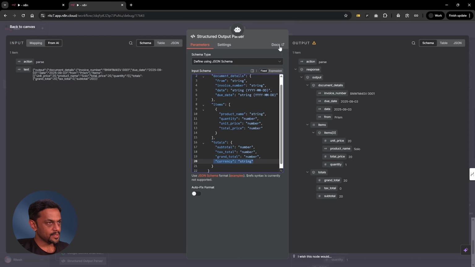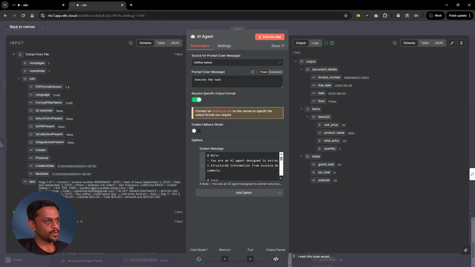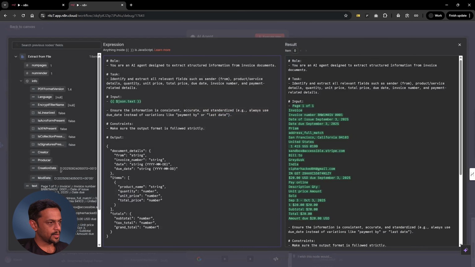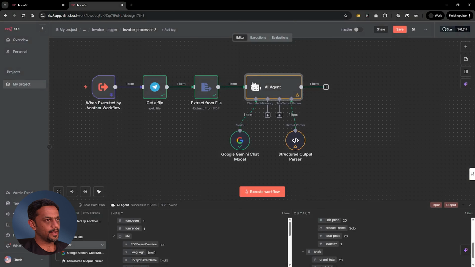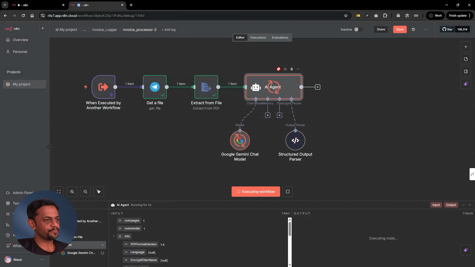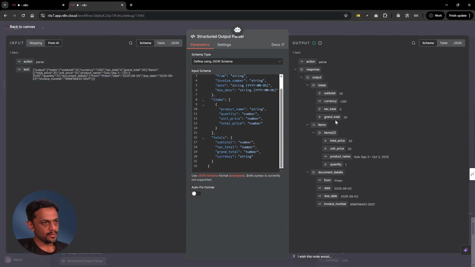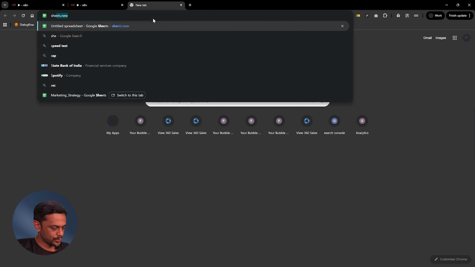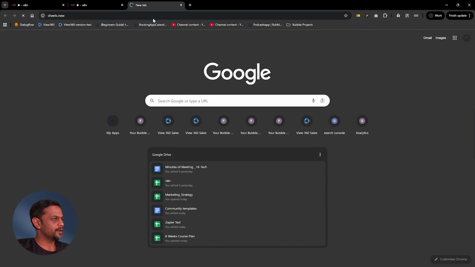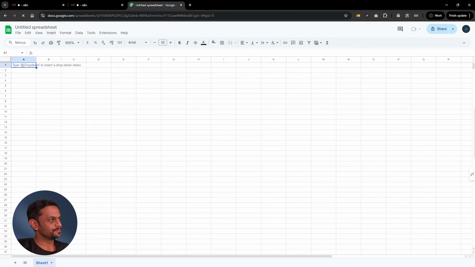Okay, so let's copy this, then go here, we go to this one and include that over here. And let's execute this one more time. Let's see if I've got the currency. Yeah, currency is USD. Okay, let's head over to sheets.new, which will basically create a new sheet,